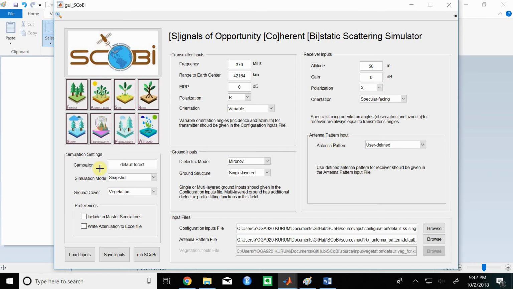So let me correct myself there. There are 4 parameters that really affect things. Again, that's simulation mode, ground cover, orientation, and ground structure. So for simulation mode, you have 2 options to choose from. You have snapshot, which is used if you have several different configurations for your transmitter and possibly your input file that you want to change, to just get an idea of how a SOOP transmitter might interact